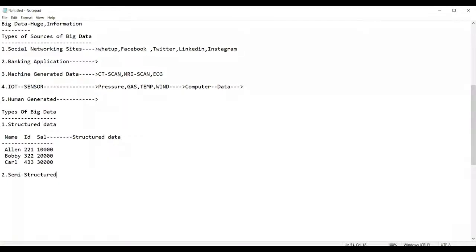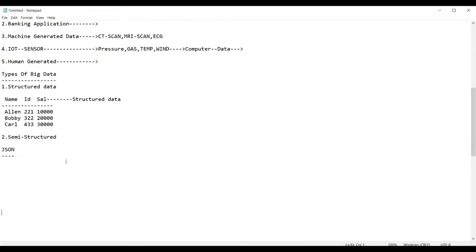Semi-structured data means this data is purely not structured as well as not unstructured. It is semi-structured. For example, you have data in JSON files. I'll show you how a JSON file looks and how the data will move. The data in a JSON file is given in curly braces.